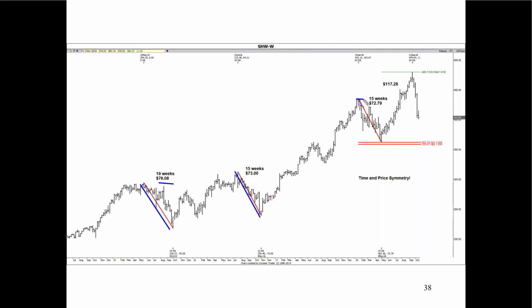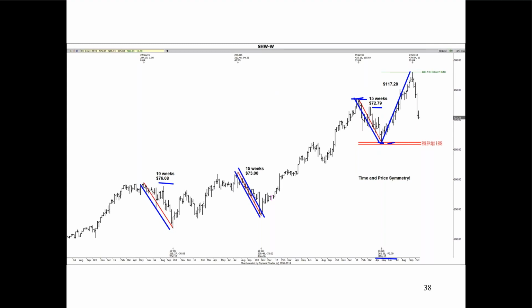And all I did was project those two from this high, and that gave us the 359, 362 area as possible support, actual low 362.36, and this decline ended up being 72.79. So very similar to this one, right? That's all we basically used. And what did it do? It made 2 targets on the upside or rallied